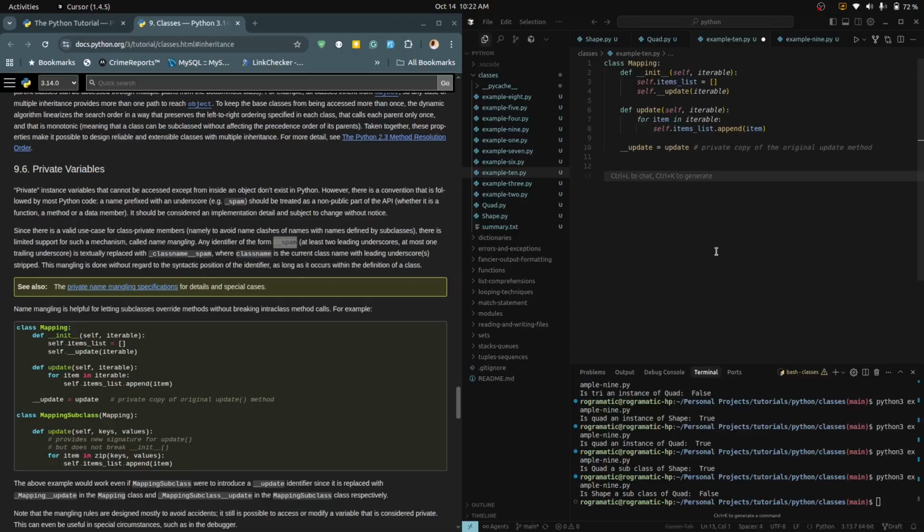Now we can define a subclass here, MappingSubclass, which inherits from the Mapping class, and in here we're going to say def update(self, keys, values),